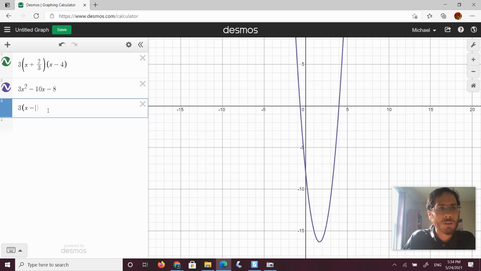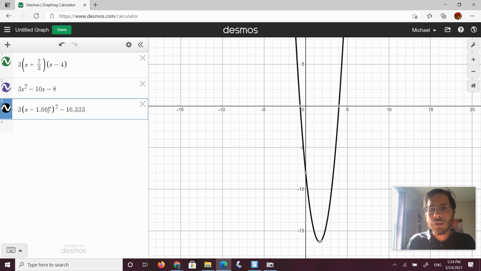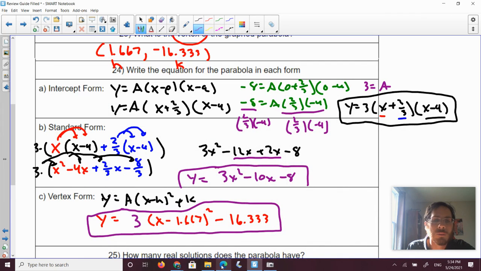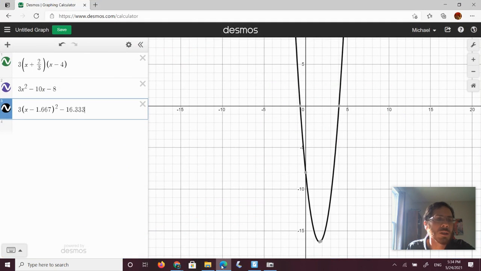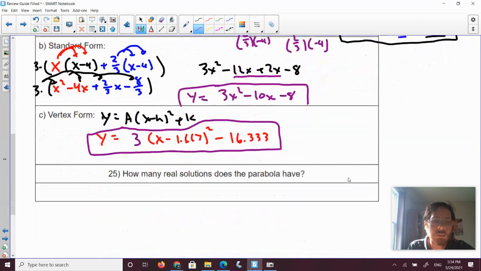Last one, 3, x minus 1.667 squared minus 16.333. So it looks like it's a little bit off from the other ones, but again, I think that's mainly due to rounding. That looks pretty close. I'm pretty happy with that one too. So I'm going to stick with that. I'm going to say those are the answers, and I'm going to be happy to move on to the last